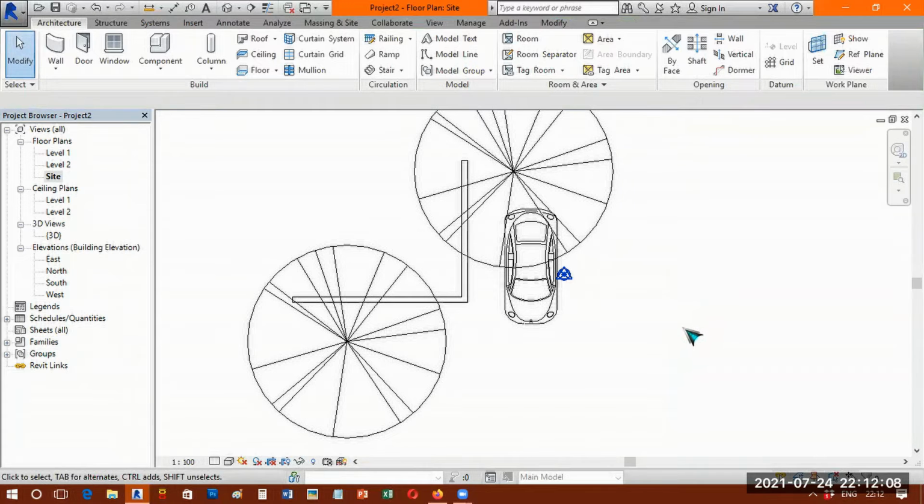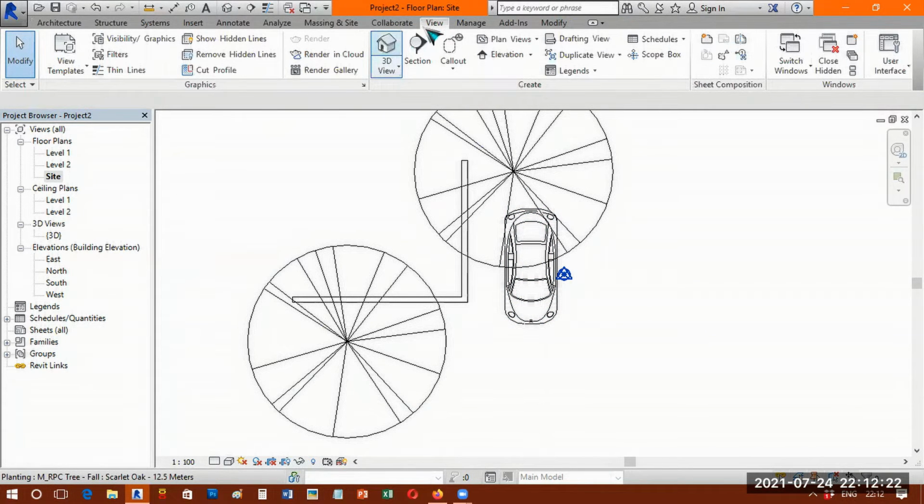That's done. Now the camera I'm going to place. Wall is set, tree set, placed, car is set. Now what I'll do, I'll go to view, and go to camera. Below this, view, there are three small symbols, an upper and a lower button. There are two options. Let me choose the bottom side button, 3D view.